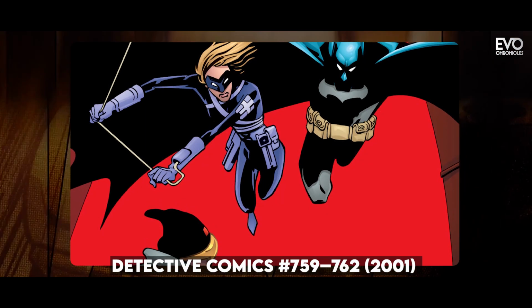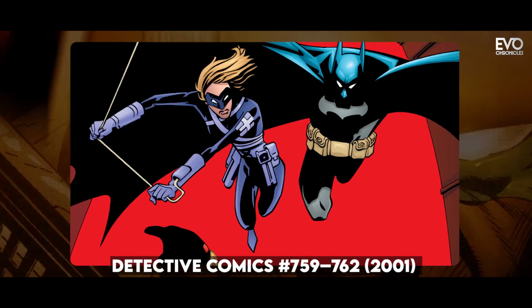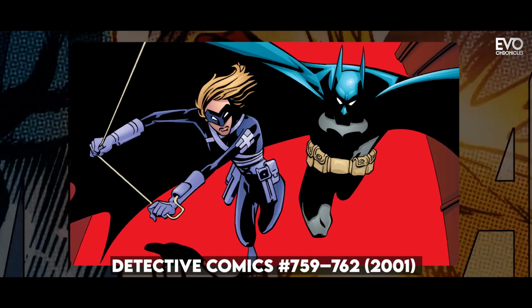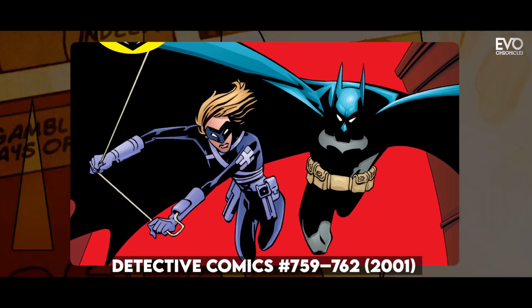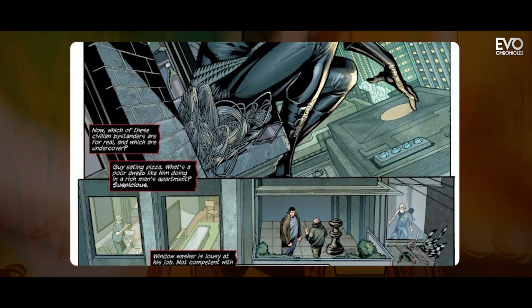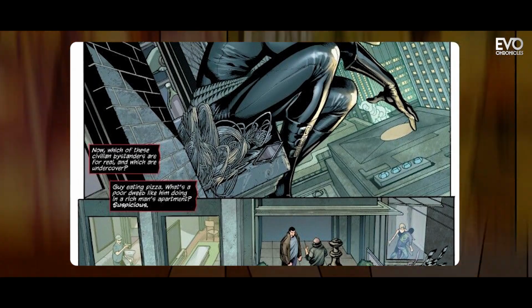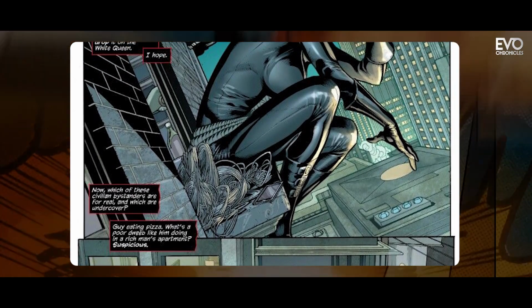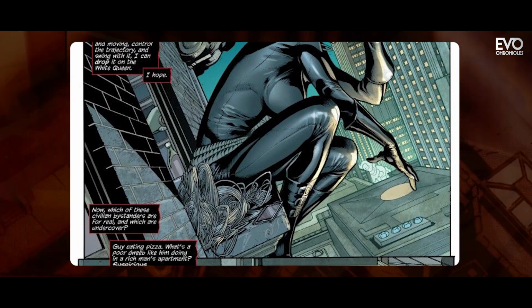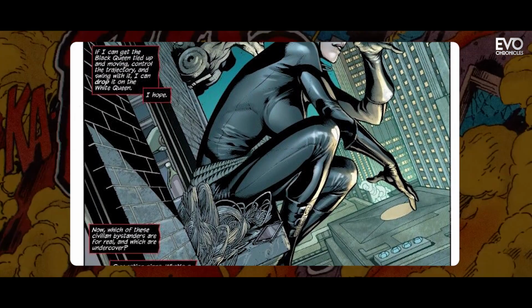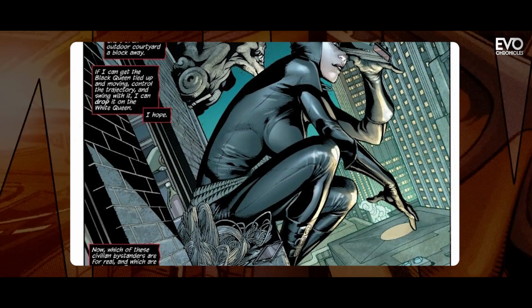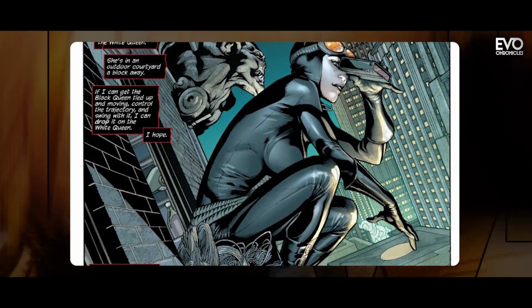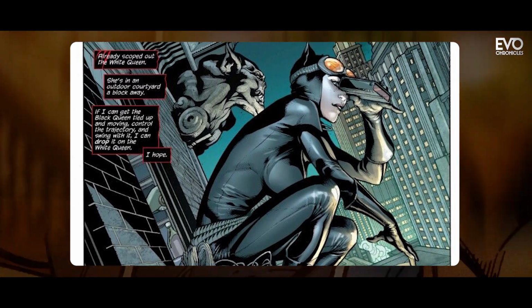Catwoman then appears in a series of backup stories from Detective Comics number 759 through 762, August through November 2001. In the backup story, Catwoman's Trajectory, by writer Ed Brubaker and artist Darwyn Cooke, private detective Slam Bradley seeks to find out what really happened to Selina Kyle. This plot leads to the latest Catwoman series in late 2001, first written by Brubaker and Cooke, and later by artist Cameron Stewart.